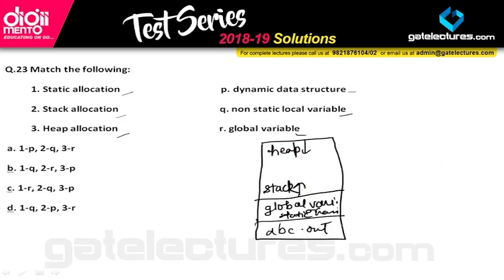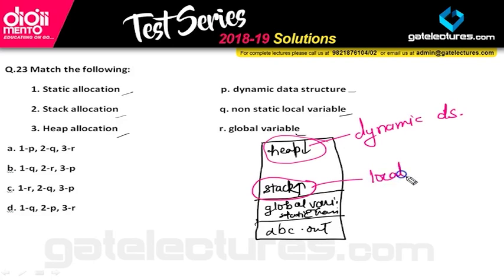So always remember one concept: we use heap when we use dynamic data structures. It is the best because I have a lot of memory; if my requirement increases at dynamic time, I will take that memory from the heap. That's why dynamic data structures use heap. Or you can also remember by stack: why we use stack for local variables or for recursive function calls.